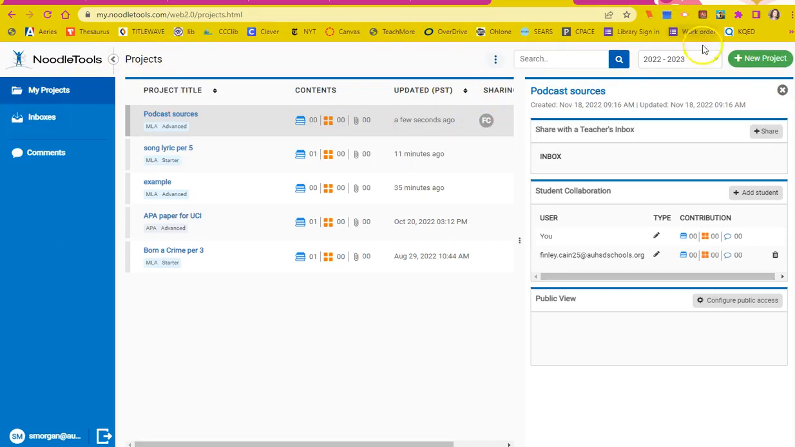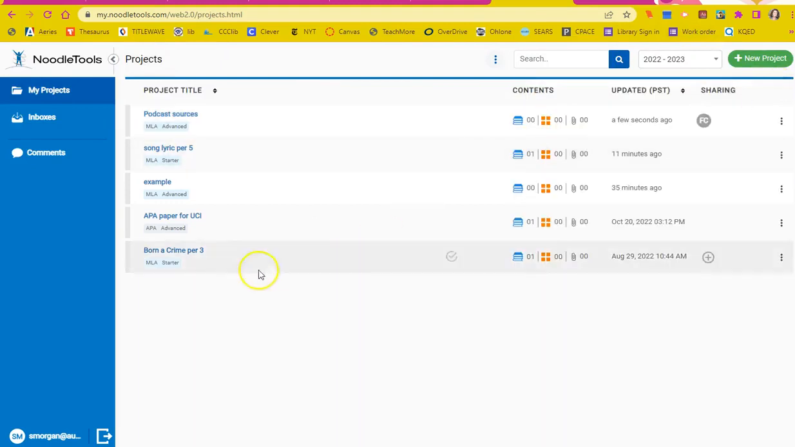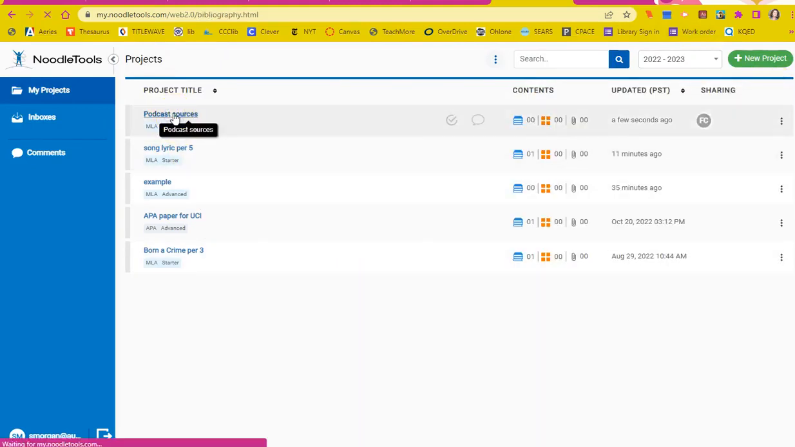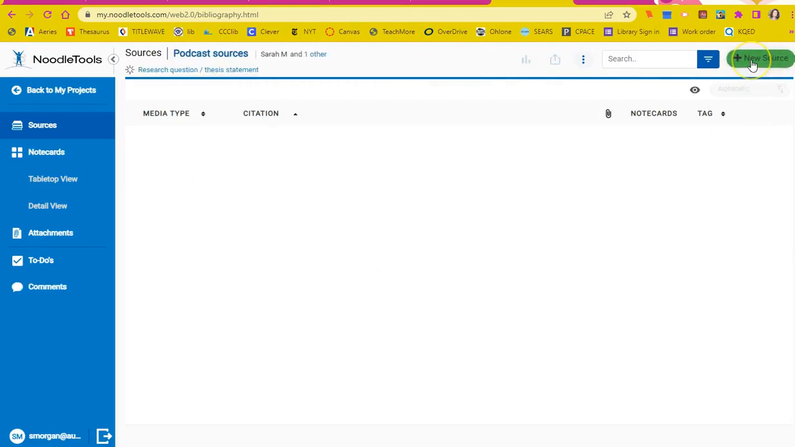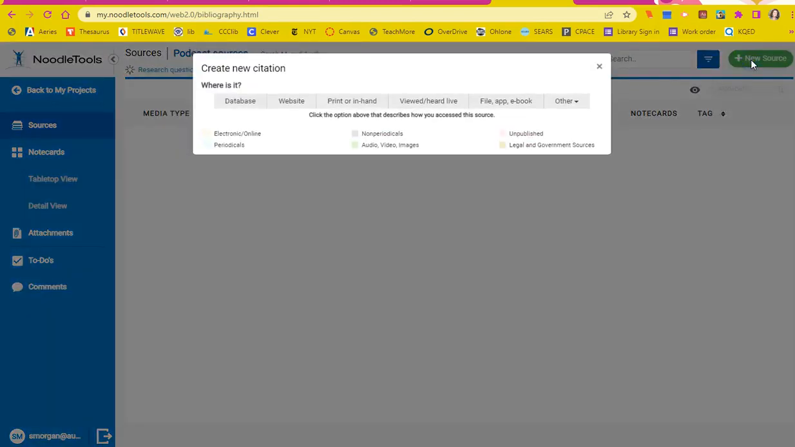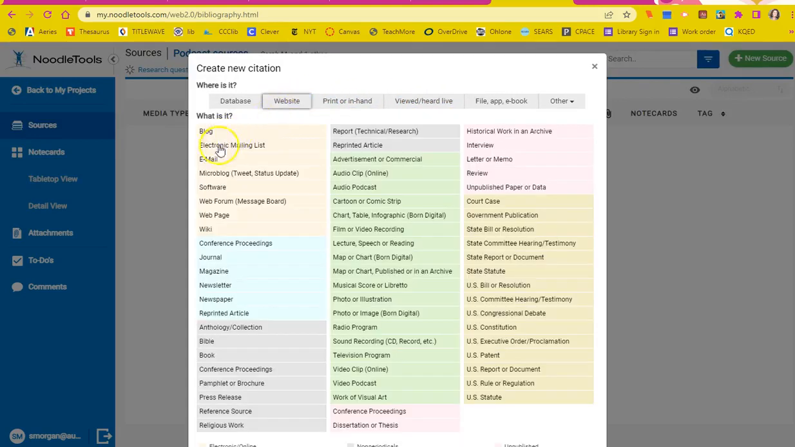From here, you can close this window, and both of you now can add new sources to this project. After clicking a new source, choose what type of source it is. Perhaps you used a website or a database or a book, or maybe you heard a lecture or interviewed someone. Whatever you choose,